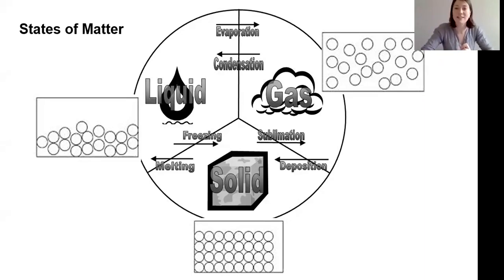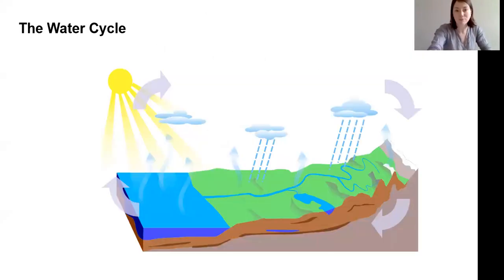So let's think now about how these changes in state fit into the water cycle. So I'm going to show you another diagram now. We're going to think about what happens at the different stages. So let's start off on the left with the ocean. So the ocean contains 97% of the world's water, and you can see in the diagram it's getting